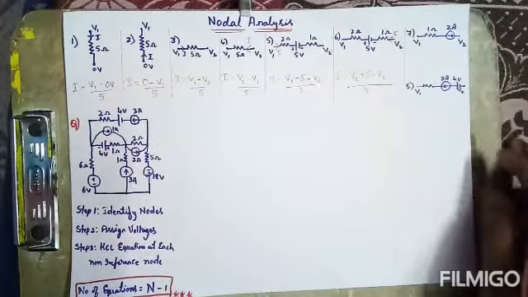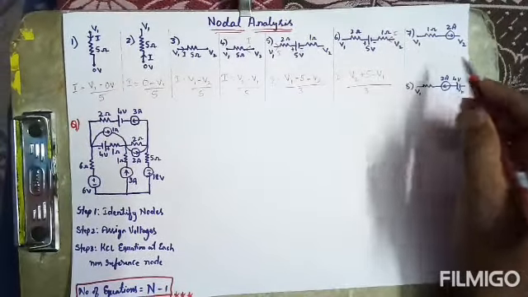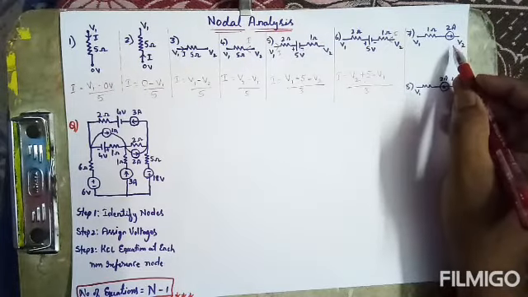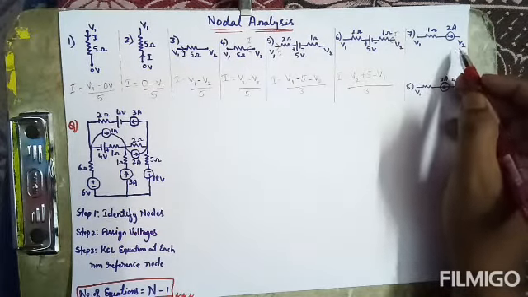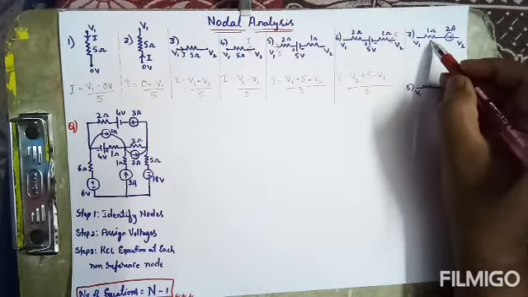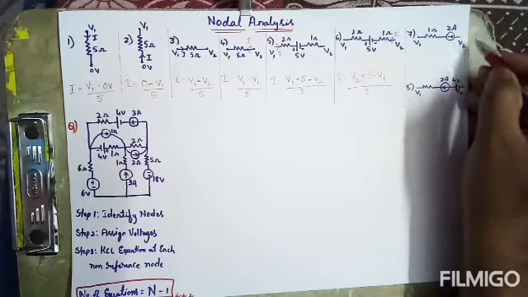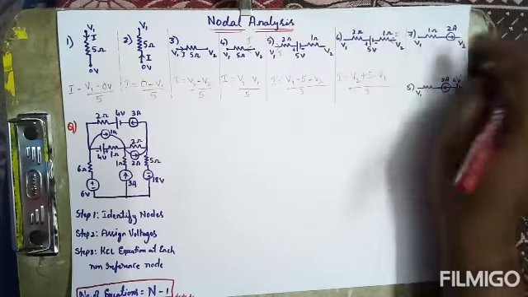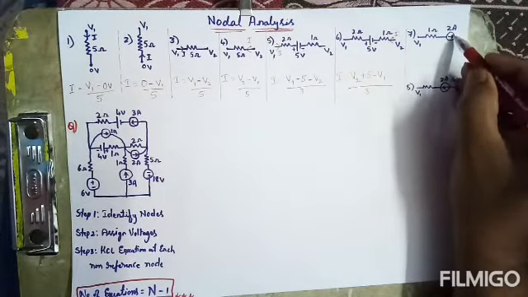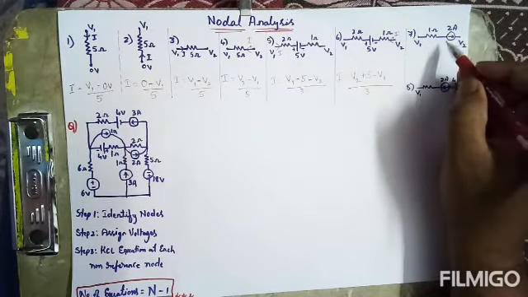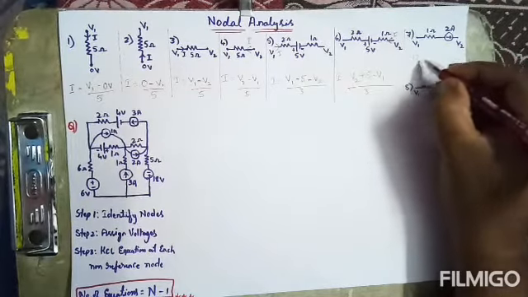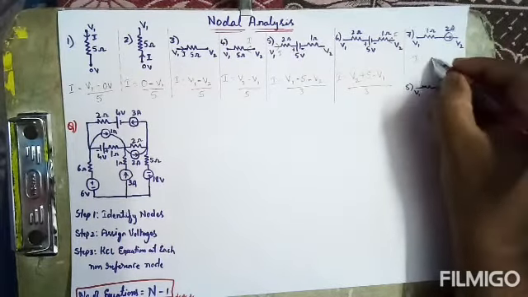Now the next case, the 7th one, where we have a current source. Earlier we had voltage sources; now we have a current source. In this case, whatever the other elements may be, say I have a resistance, or even a voltage source in series here, we are not going to write an expression. We can directly write the value of the current, because when we have a current source in a branch, that current will be flowing in that particular branch. So here I can directly write I is equal to 2 amps.